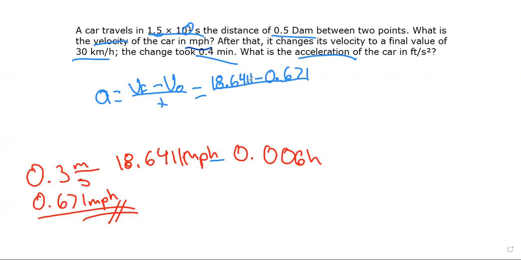It's a really big acceleration in a really short time. So it's a little bit dangerous. Don't try this at home. 0.006 hours would be the time, the final velocity, and the original velocity. We solve the problem, and the result would be